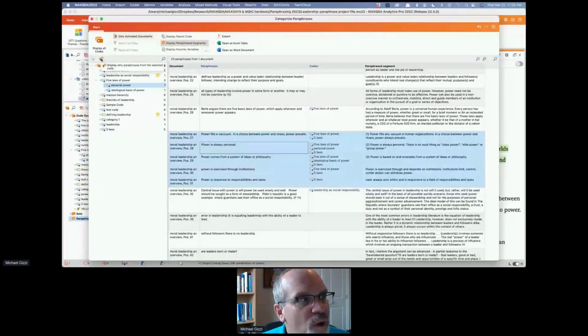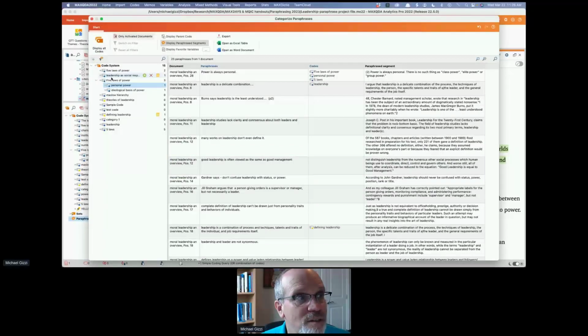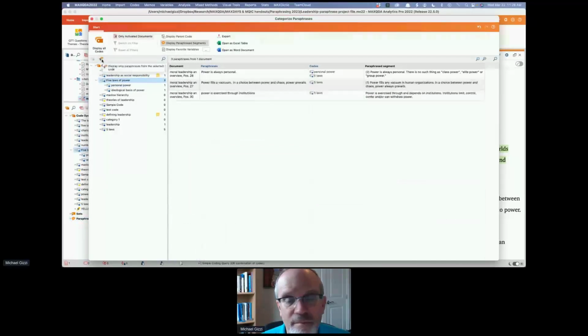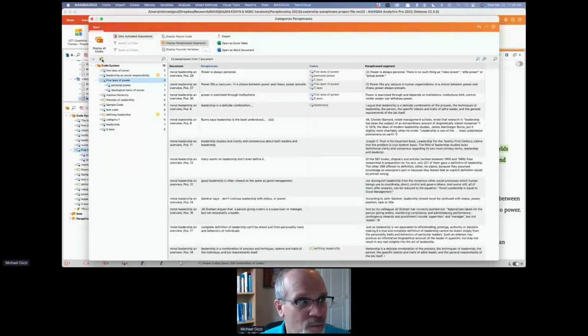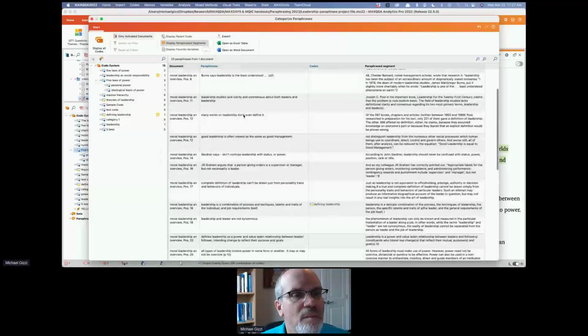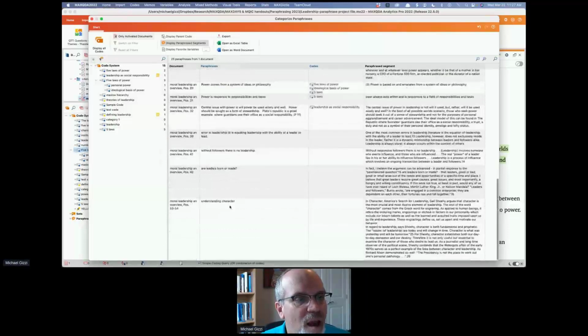Display only paraphrases from the selected code, which is what I'm set on, or I can display all my codes, or just the codes in a particular document. I can export this. I can open it as an Excel table or as a Word document. And again, I can move things around if I want.